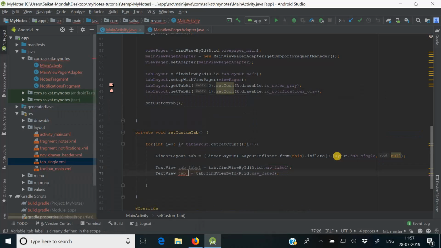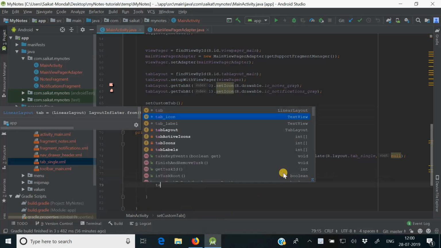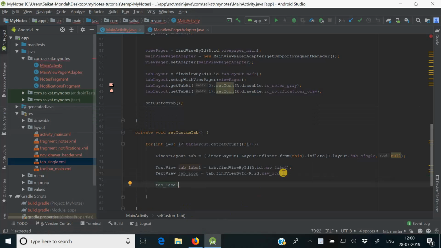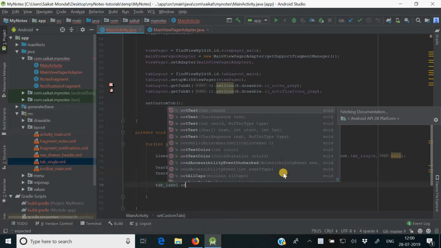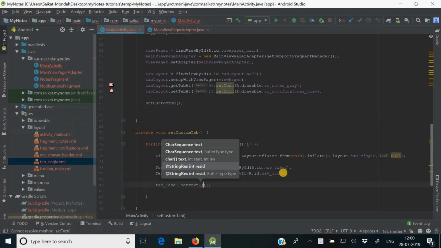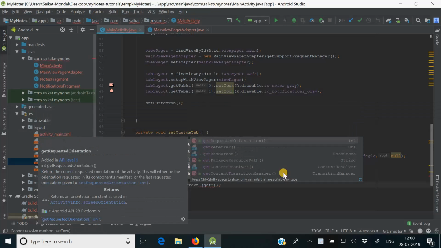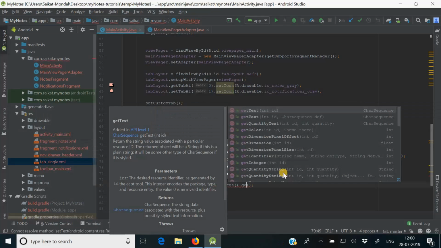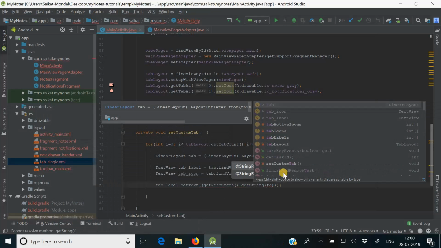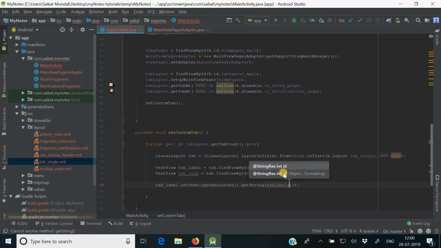The tab icon will be, and it will be nav icon. So next, tab label dot set text will get resources dot get string, and the id will be tab labels